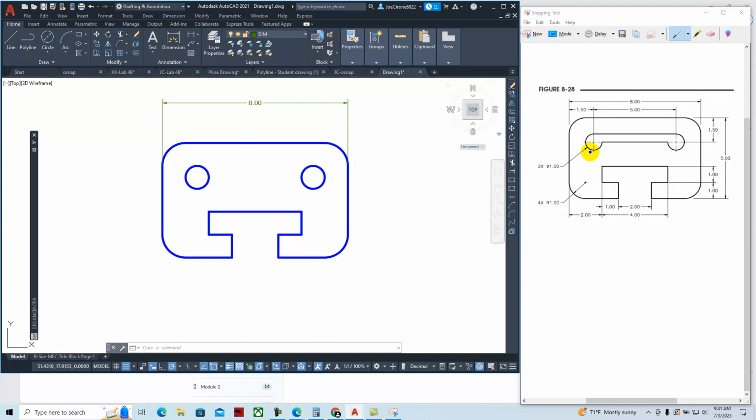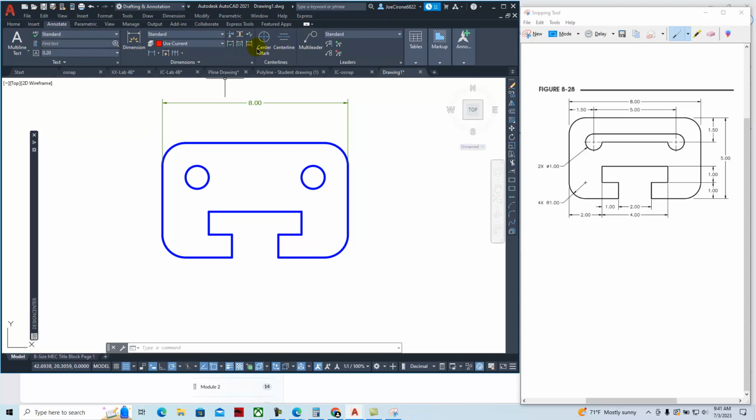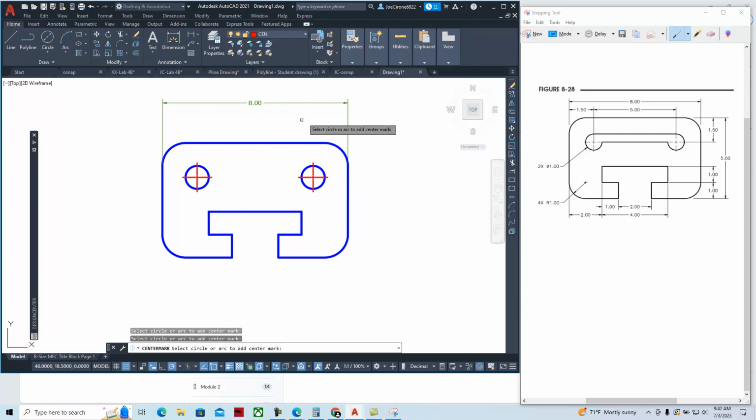Now there are center marks here, and so the way to put a center mark on is to go to the center line layer, go to the annotate tab, and use the center mark tool. And so if you click on this center mark tool, you can then click on the line, and you actually have to touch the geometry, and it's actually an arc. And so we would click on the geometry for that, and click on that geometry for that. Go back to the home tab, switch back over to the layer of dimensions,